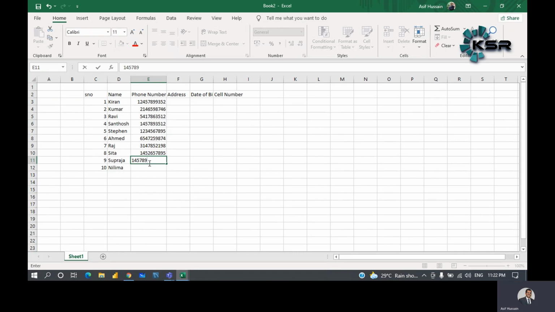You can type any number. You can type any phone number. So just for the sample, I am typing different kinds of phone numbers which are not similar. All right. So now address, you can take any address. You can take house number, for example, 101, 102, 103, 104, 105, 106, 107, 108, 109, 110. You can also type alphabets here.